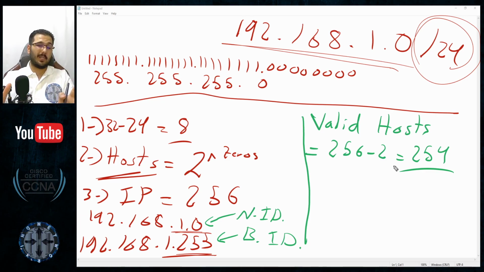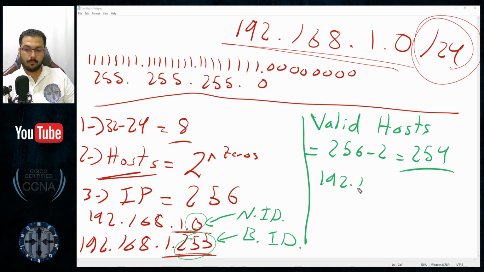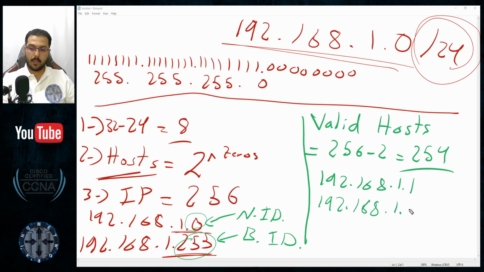that belong to the domain of 192.168.1.0/24, and all of these 254 IP addresses can communicate together. They start from the very first IP address after this one and end at the last IP address before this one. So the first IP address after the .0 will be .1, 192.168.1.1, and we will need .2, .3, .4, .5 until we reach the last IP address before 255, and that will be 192.168.1.254, the very last IP address. Each one of these needs its own subnet mask to be written beside it.